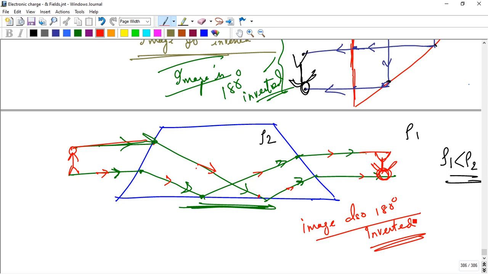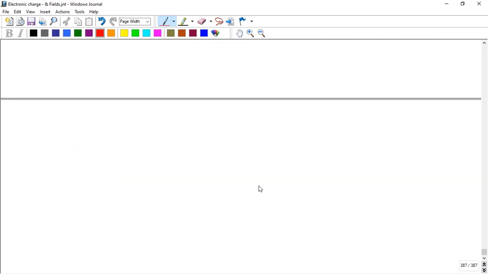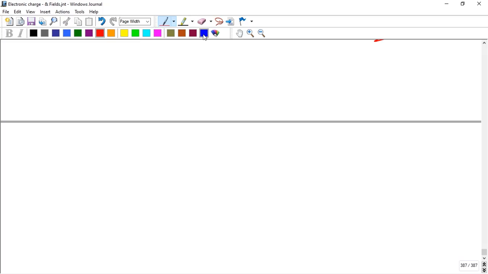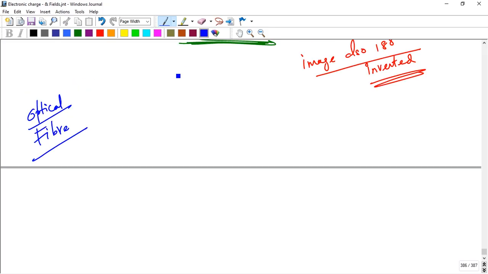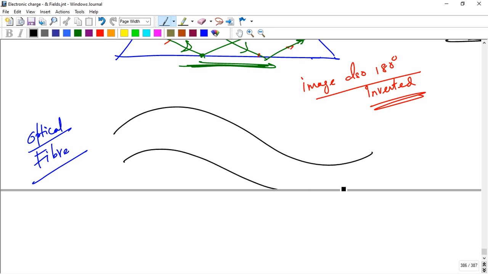Okay, now the concept is clear. We use another important concept in today's communication: the optical fiber. Optical fiber operation is based on total internal reflection. So we discuss optical fiber. Today in modern communication, that is the optical fiber, and its operation is based on